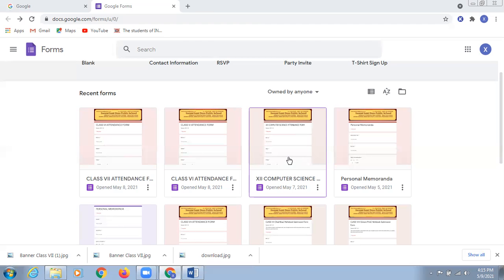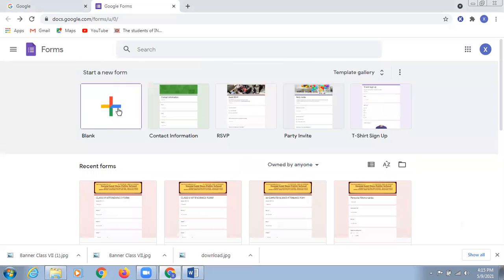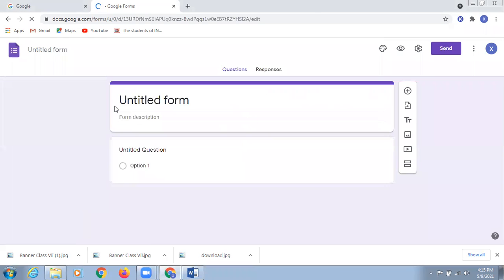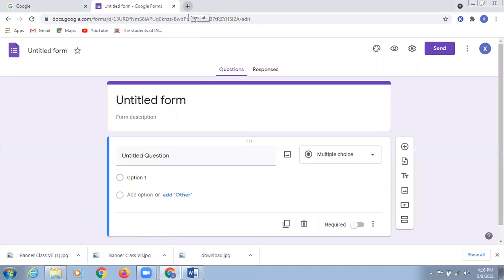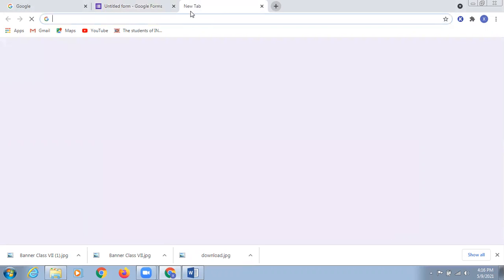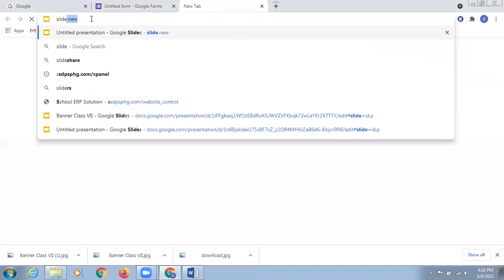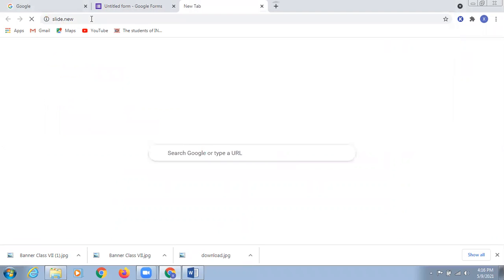So what we do here, first of all, I'm just going to begin with creating a new Google Form. As you all know, we are supposed to click here on a blank option. As and when we click on a blank option, the new Google Form appears, but how do we create a banner here? So I'm just going to open a new tab here, and very easily you can do that. We just type slide dot new, that we are just going to open a slide